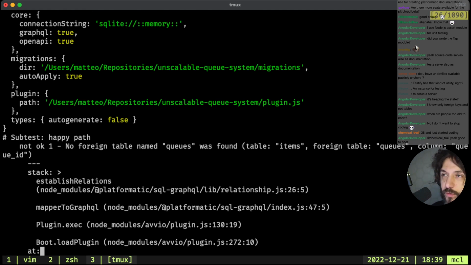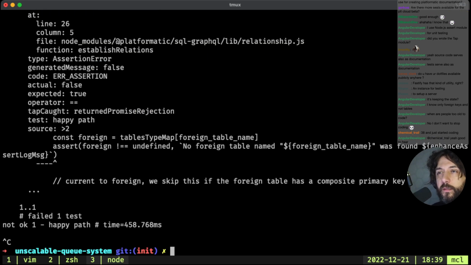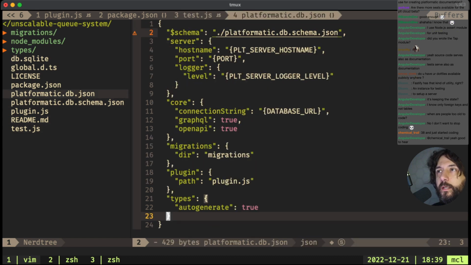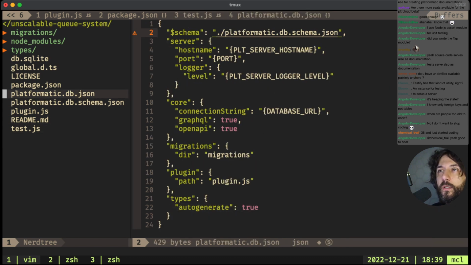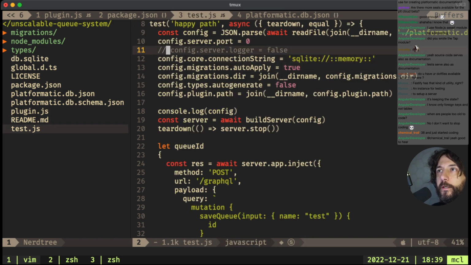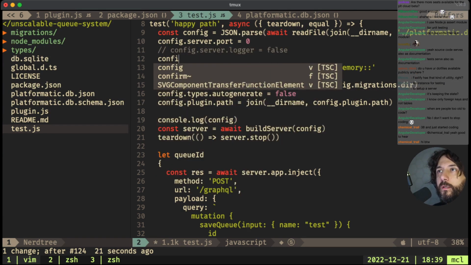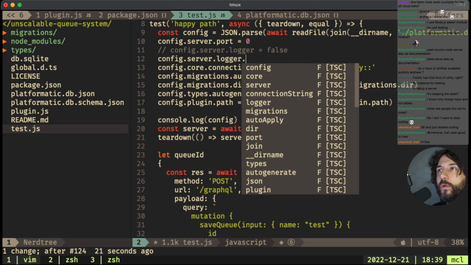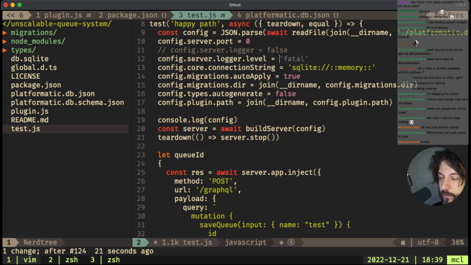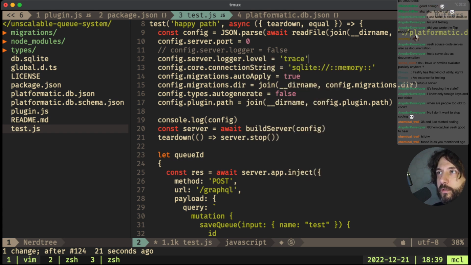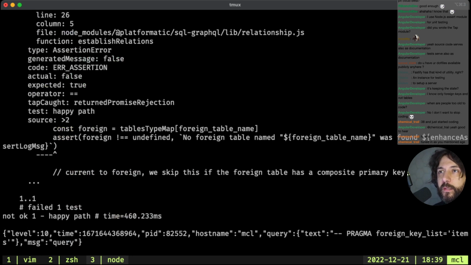It's amazing to see you doing that. And here, let's do logger level. Logger config server logger level trace. Let's see what the heck is happening.